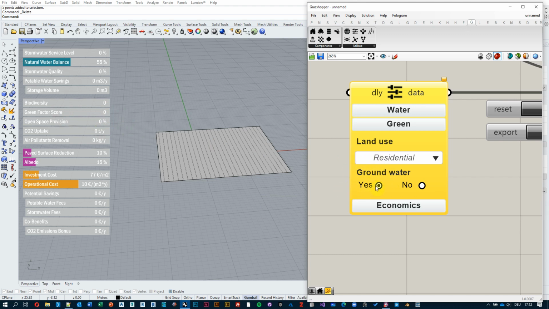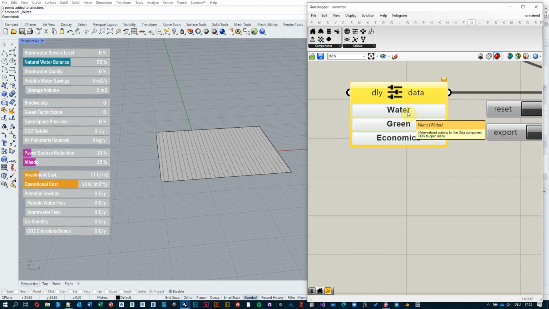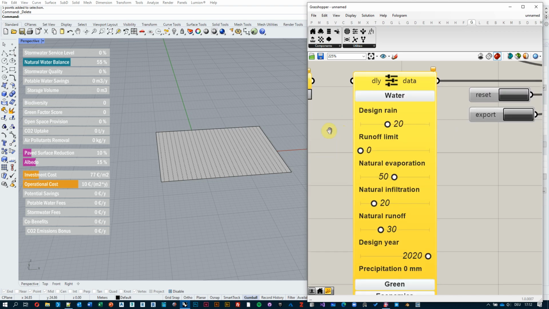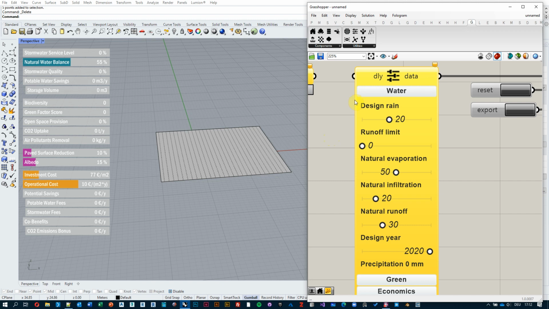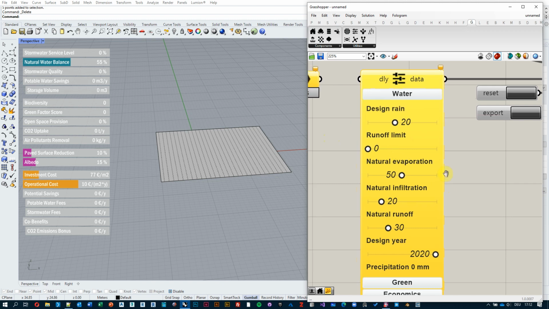By default, this value is set at 1. If you need more information, do have a look at the documentation related to the green factor score. It's available online, and it's very nicely presented. Then there is the water aspect of it, and here we have a few sliders to go through. So the first of them is what is the design year event that we're sizing our detention